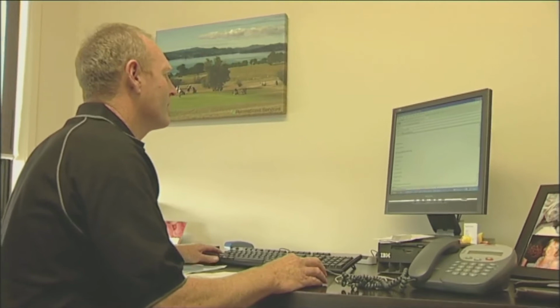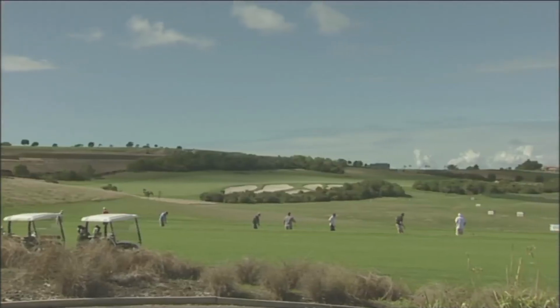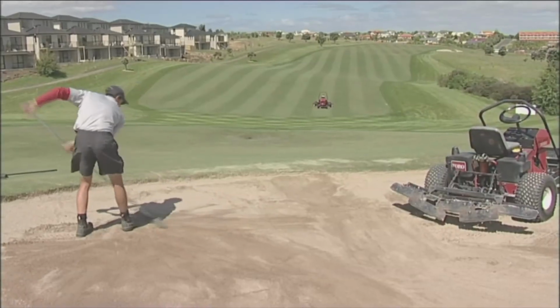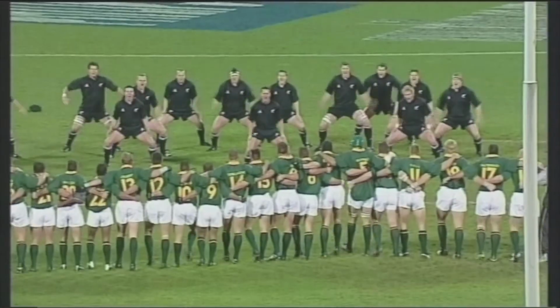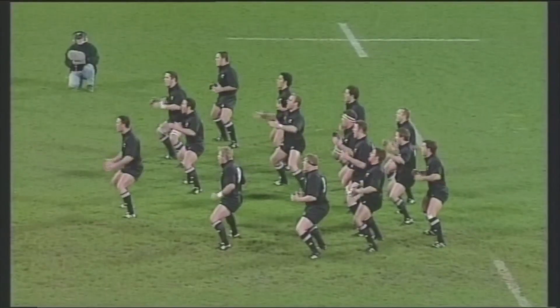One man who started at grassroots level and now runs his own sports turf business is Brett Turner. Like most trades, most people think that once you've got your trade, you've done your time, you've done your 3 to 4 years of training, that's where it ends. But there's a lot that continues on from there. It's about managing stadiums, managing golf courses. The areas that you can move in the trade, in the turf trade, is huge. It can take you all over the world, all through New Zealand,